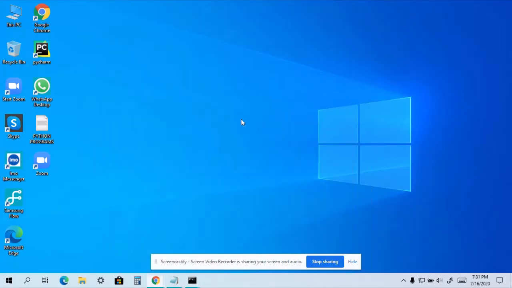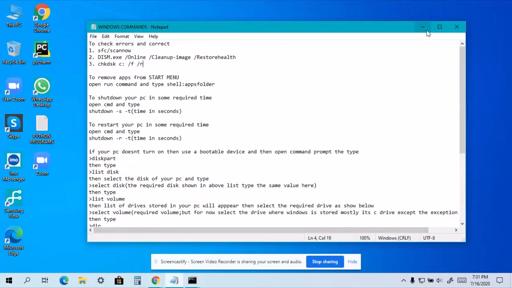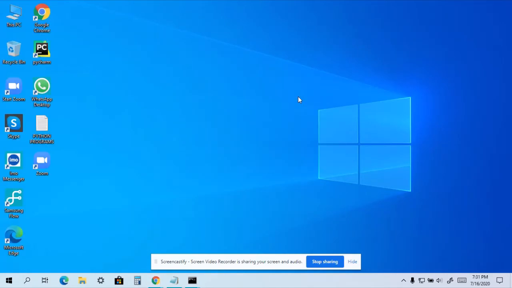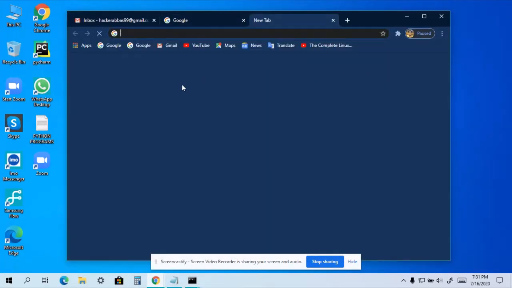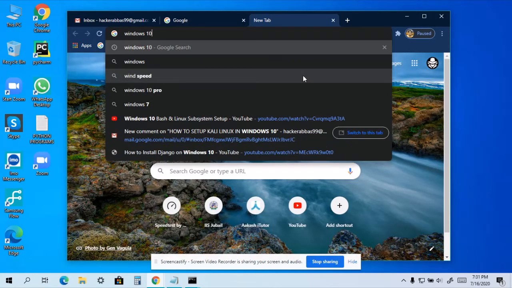So guys, I'm even going to explain today about the settings and the boot options. Like if you're formatting a PC and it got hung or stuck, and it's not formatting, then what you need to do is reinstall Windows. Go to Chrome or your browser and type Windows 10.